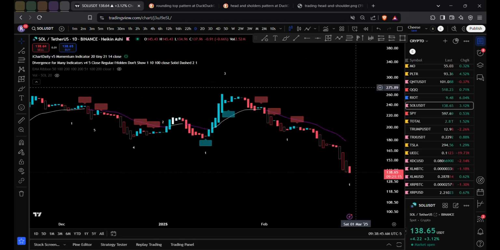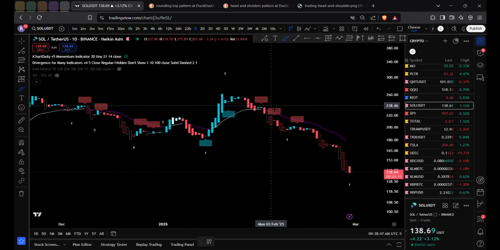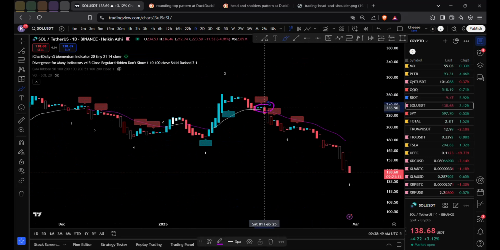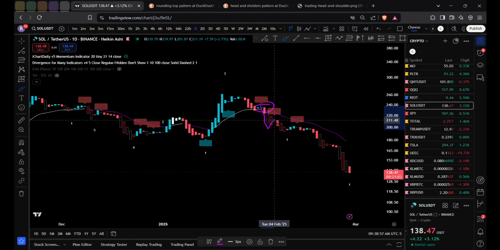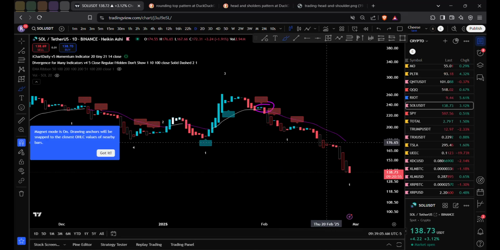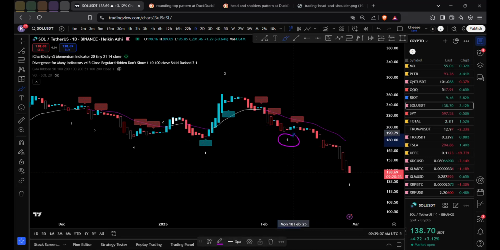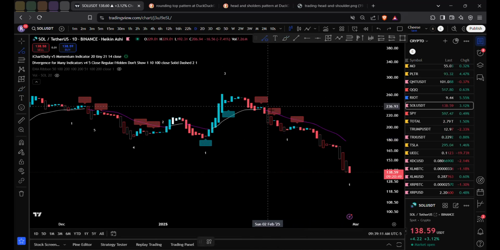Regardless of everything I just said, the indicator would have told you to open your short here around Saturday, February 1st. You would have not done anything. You could have added to the position again, or just waited because you had double confluence back again at the 210 level. You would have then taken your first profit here around the 196, 198 level. That would have been a cool